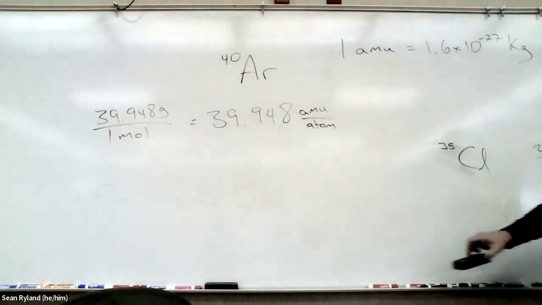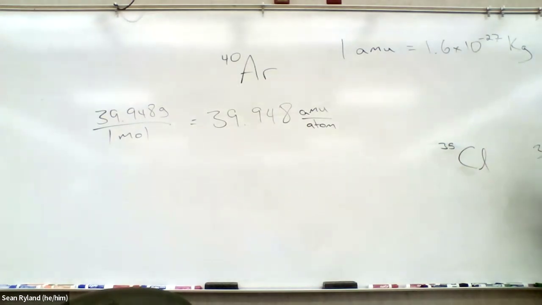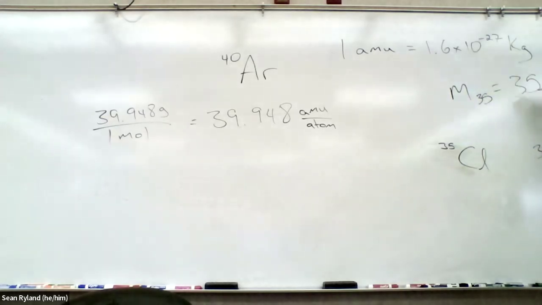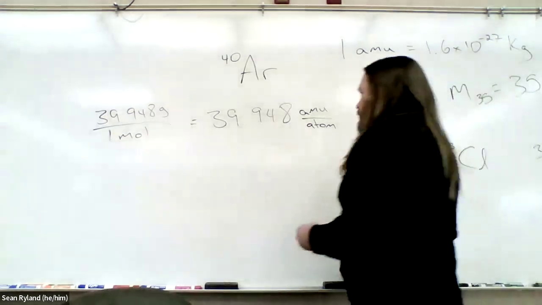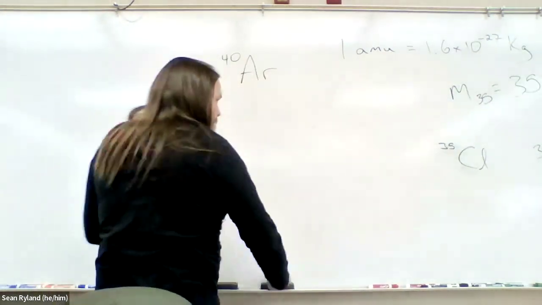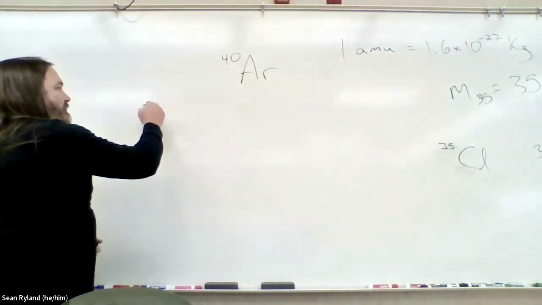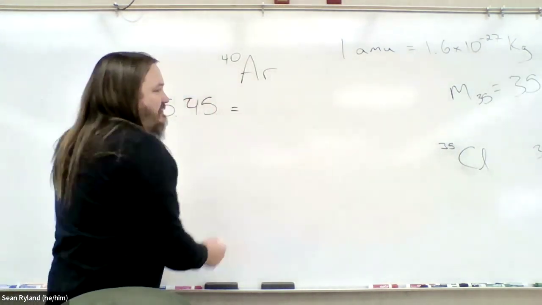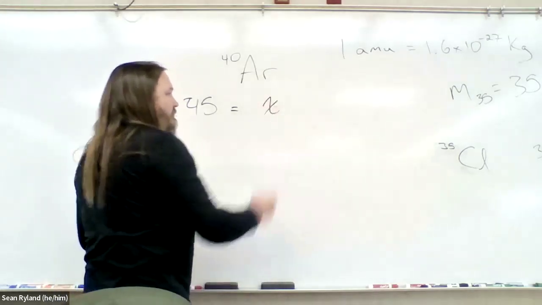it helps if you have more sig figs than just 35.0 and 37.0, but it works well enough for us to show this. If we say that the mass of 35 is equal to, let's just call it 35, and the mass of 37 is equal to 37, if we want to know what the distribution is of these, we basically just do a quick algebra problem. Right, where we say, okay, well, I know that the weighted average is 35.45. And that's equal to some probability that we can call,